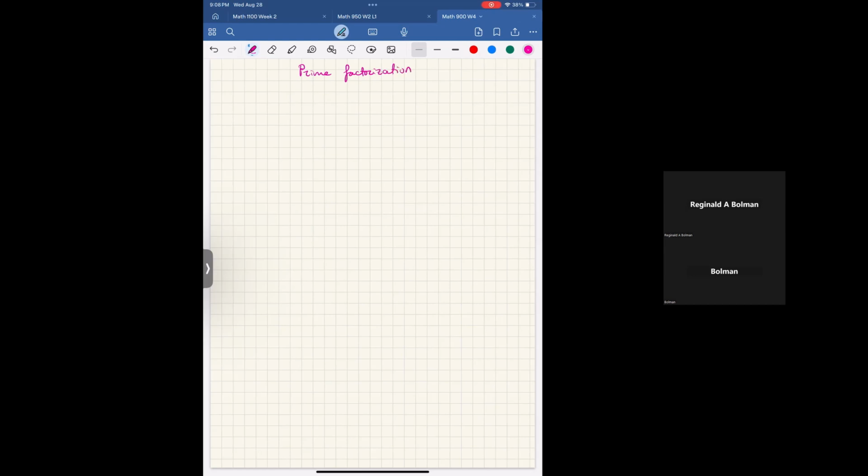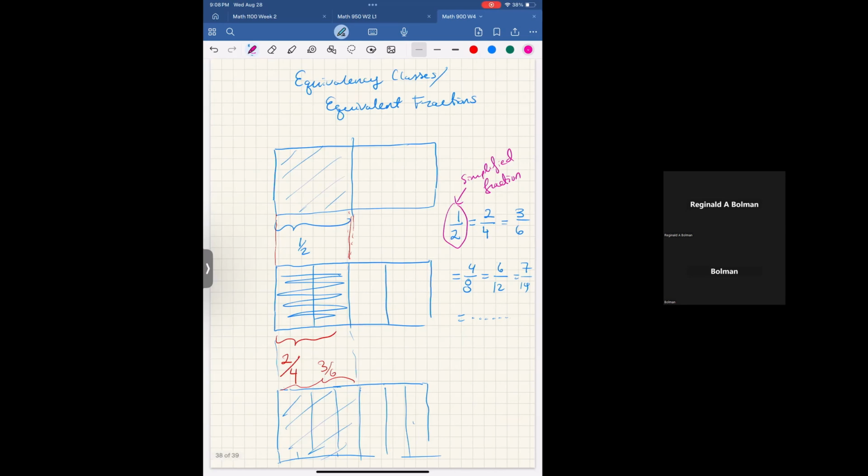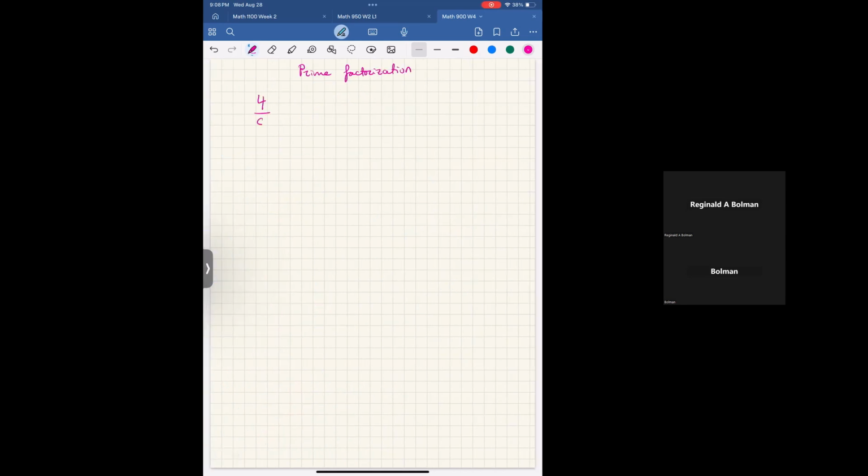Taking the example of 7, sorry, not 7/14, we'll take the example of 4/8. 4 over 8, if we look at the prime factors of 4, the prime factors of 4 happen to be 2 times 2. And so the way in which you're going to simplify a fraction using the prime factorization method